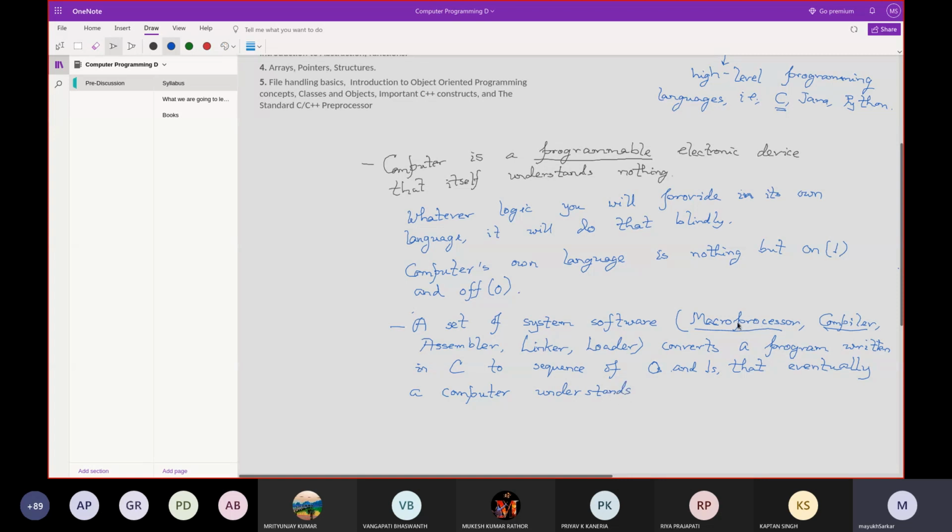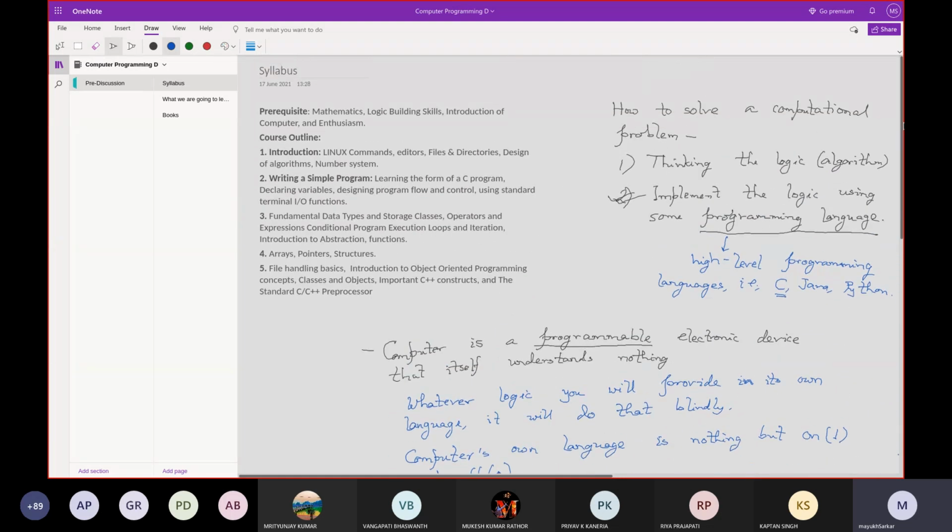So in short, the reason behind this discussion is that we will look into these zeros and ones and how everything is happening within a computer. But when we write a program, we will focus on a high level programming language. There is nothing to worry about that we'll have to write programs in zeros and ones. No, we'll write in an English-like programming language whose keywords have been taken purely from English dictionaries. We just have to think the logic and convert that logic into the C programming language. And that's what we're going to study in this course.